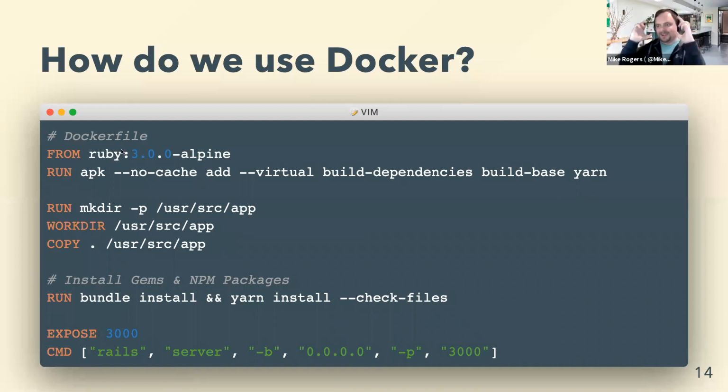So the base image is a computer image, which is Ruby 3.0 Alpine, really thin. We're going to install some extra packages here, so yarn, so we have yarn available. We're going to copy some stuff, like the Gemfile. And we're going to run bundle. This is going to create a little snapshot of the perfect image for running our app.